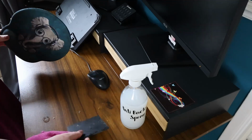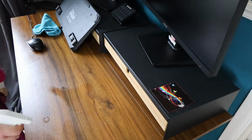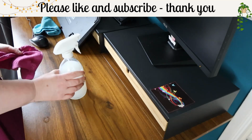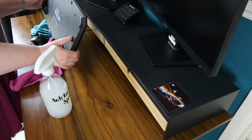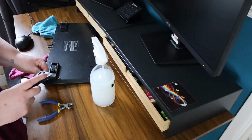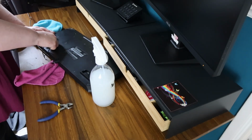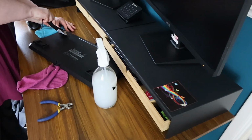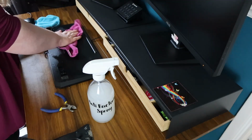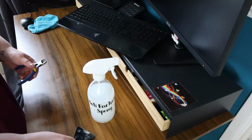So for me, my office represents my mindset when it comes to managing those responsibilities. And if it's messy, then generally my productivity is messy too. But for you, that might be your hobby room or your kitchen, your living room, it might even be your car. Just the room or the area that represents that state of mind that makes being productive a little bit more difficult if it's messy. So I guess if you take something from this video, I hope it's to just stop and consider what that space might be for you and whether or not that space is helping or hindering how you like to spend your time. But anyway, let's get on with the clean,